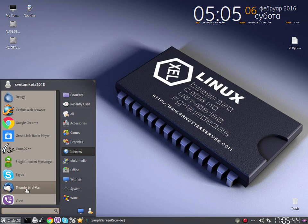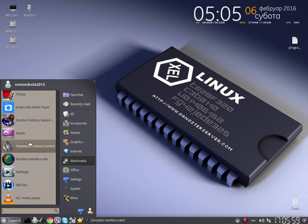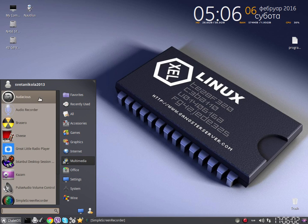And for the email there's Thunderbird, which is really a stable piece of software, working nicely. A lot of options to set up, to receive, to keep your email synchronized online and on your computer, etc. Under multimedia, actually I added a lot of stuff, so I don't remember what was there by default,